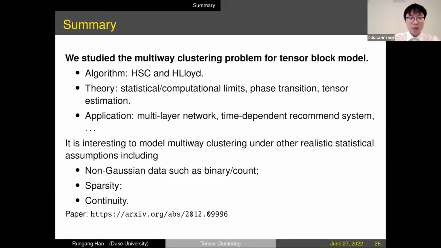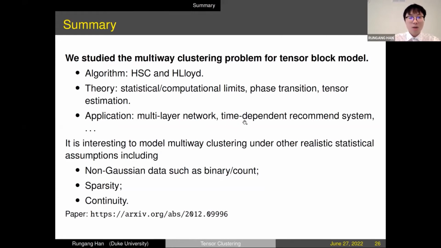And just a quick summary, we studied the multi-way clustering problem under the tensor block model, and the algorithms we proposed are the high-order spectral clustering and high-order Lloyd algorithm. And we study the statistical-computational limits, the phase transition, and we can also provide the tensor estimation under the model, although I didn't show it. And we also do several applications, including the airline flight route network and the time-dependent recommendation